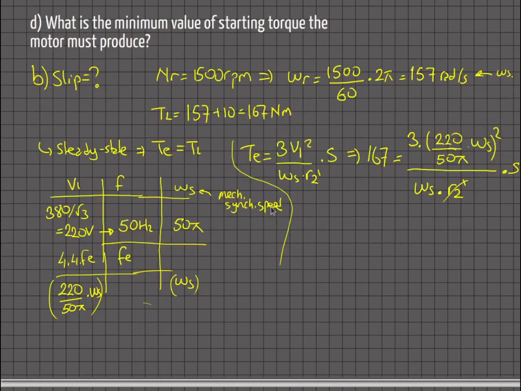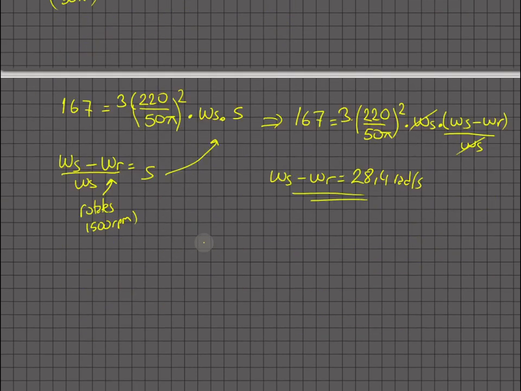Then I can calculate the required value as 28.4 radian per second. And what is omega r? I know it is rotating at 1500 rpm divided by 60 times 2 pi, and it's all in the mechanical system,